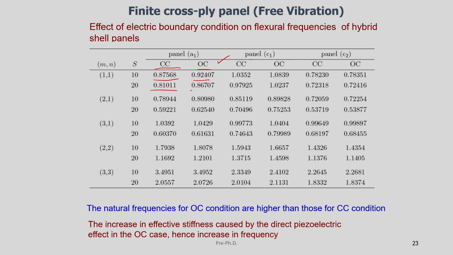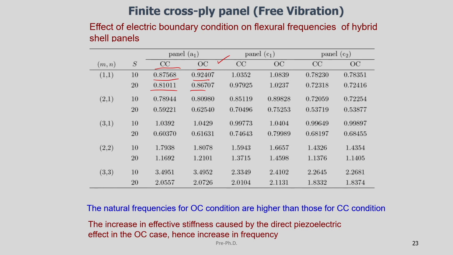So, basically from an engineering point of view, the change is not more than 10%, but it may affect very sophisticated instruments. If you are designing an instrument used for very accurate measurement, then these play a major role in designing equipment for sophisticated applications. But in general, if you look at 0.87, 0.92 non-dimensionalized natural frequency, there is